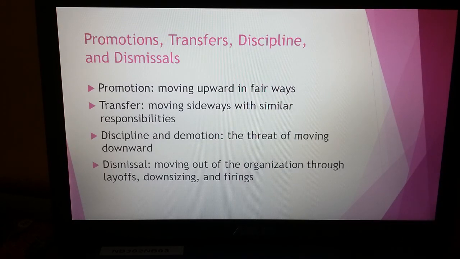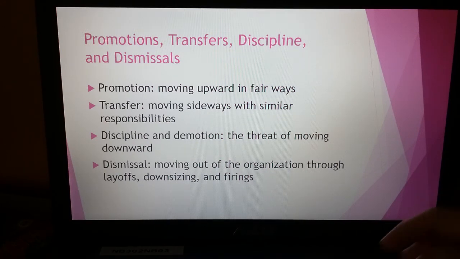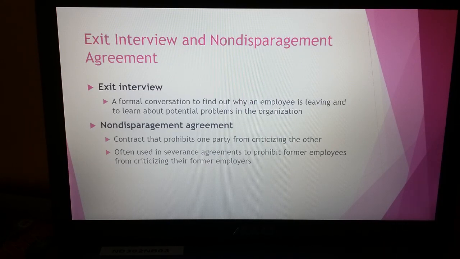Okay, so after the performance appraisal, what's going to happen? There's a couple of different choices. You can get a promotion, a transfer, a demotion, or dismissal. Or you might stay in your same job, but that's also a possibility. So those are pretty much what could happen. Okay, then when you leave, oftentimes they'll do an exit interview,